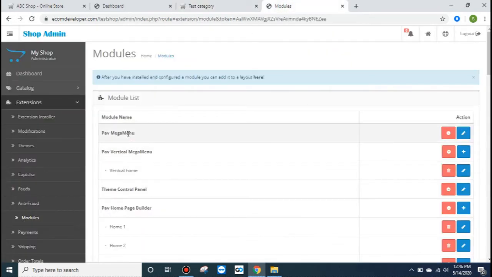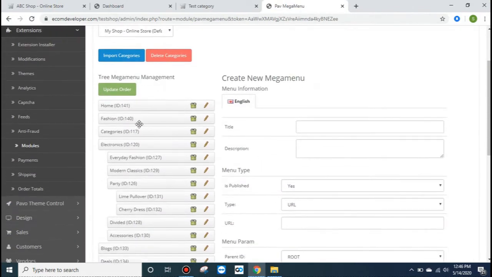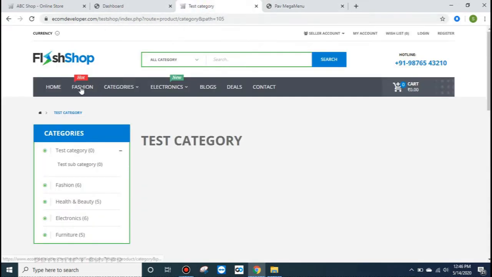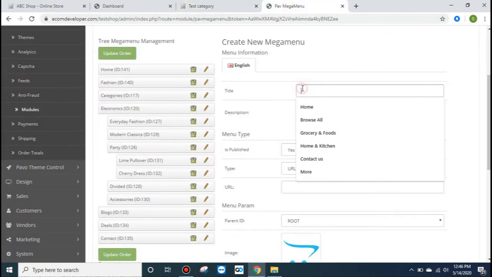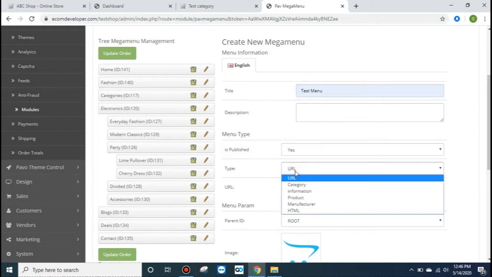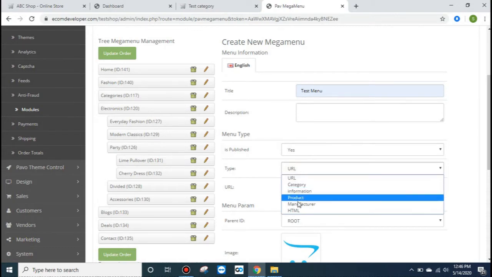So click here now, and we can see this starts from the home, fashion category, blogs, deals, contacts, everything is available, and the same thing is available here. Okay, now we will create a menu. So for the purpose we will put its name as test menu. Okay, now in this type we can select URL, subcategory, information and other options are available.